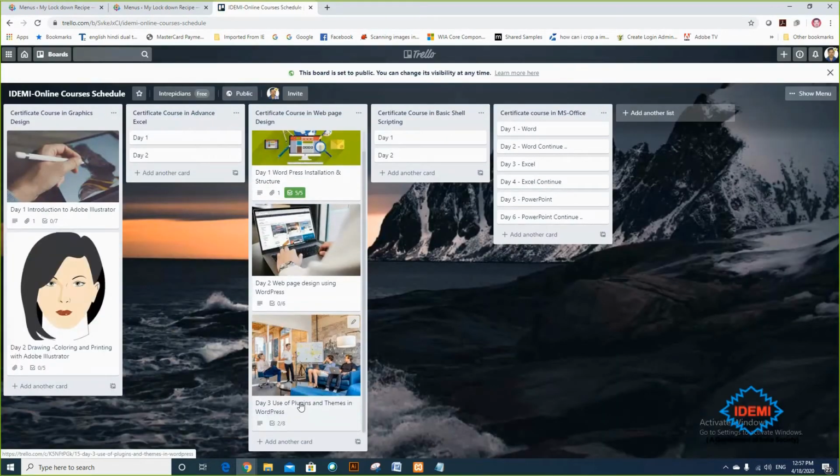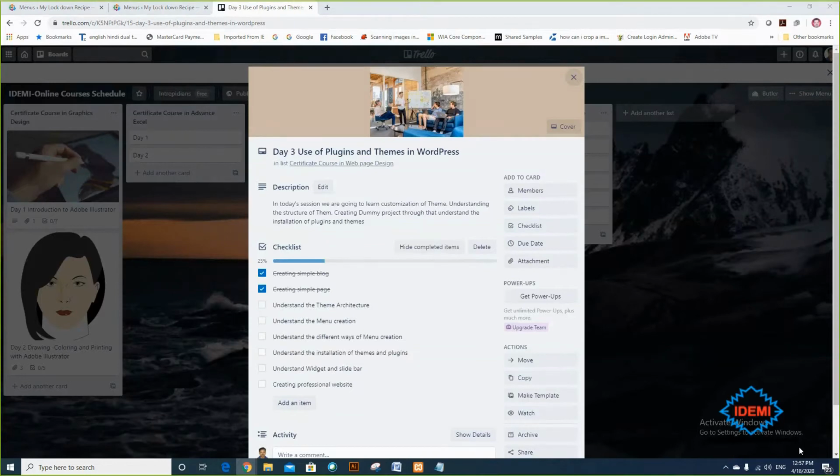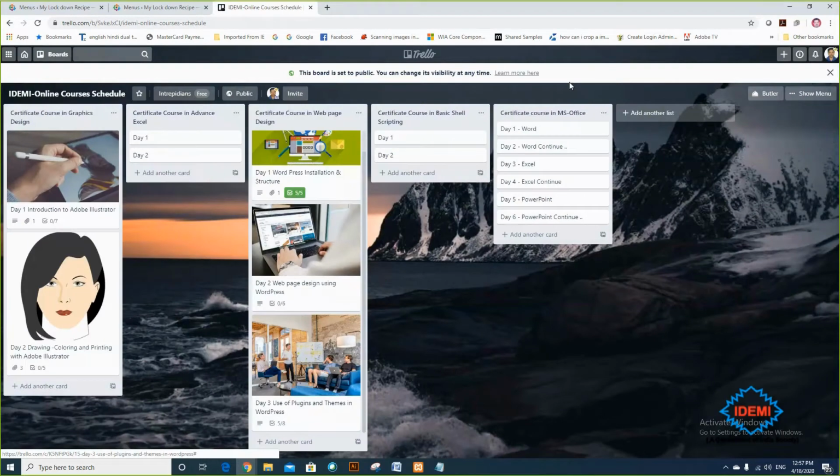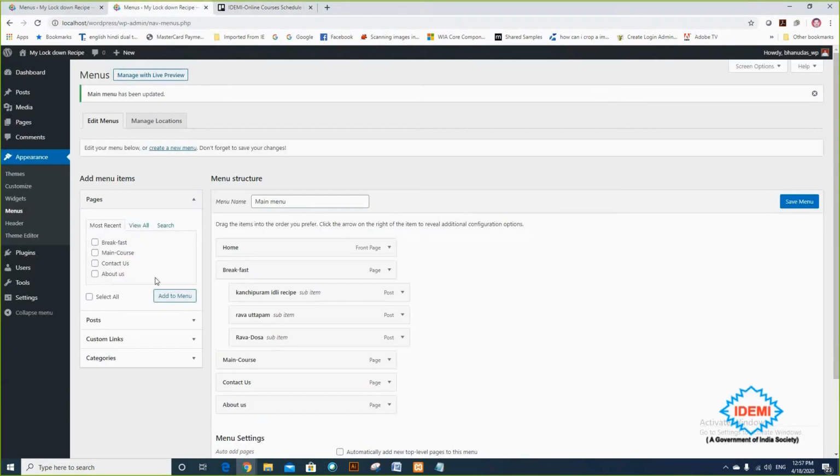So what I completed right now: I understood the theme architecture and the menu creation, the different ways of menu creation. So there is a custom link.